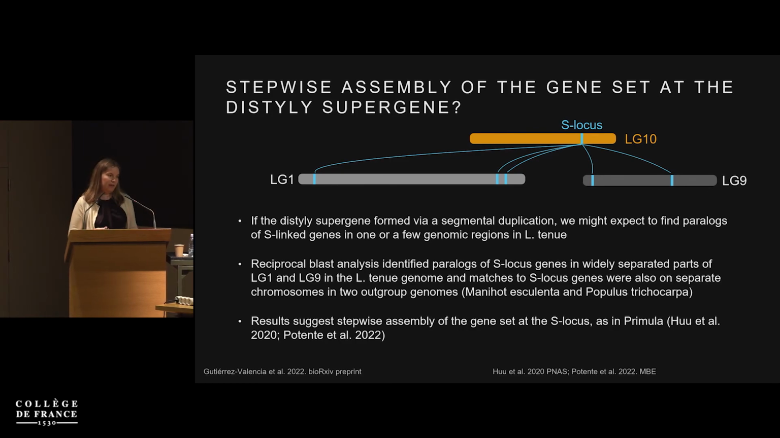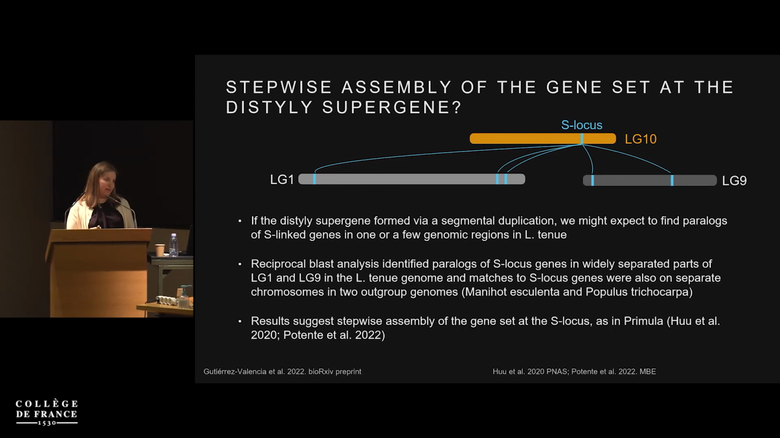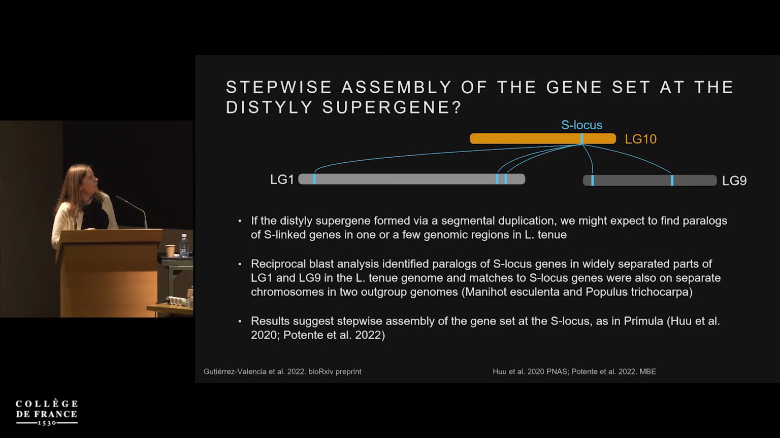How did then the gene presence-absence come to be? It's been suggested that segmental duplications could be important in generating these types of supergenes with indel variation. If that were the case, then we might expect to find paralogs to the S-linked genes in one or just a few genomic regions of Linum tenue. We don't actually find that. We find paralogs of S-linked genes all over the genome of Linum tenue,